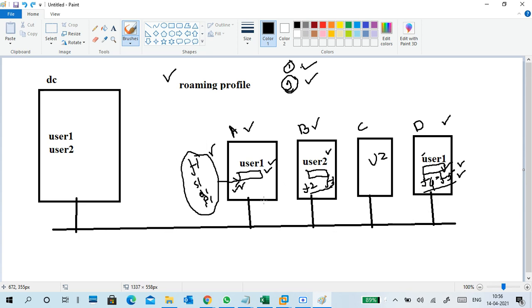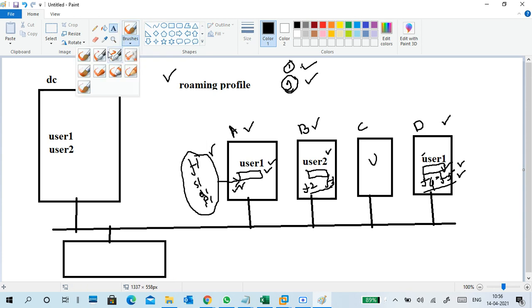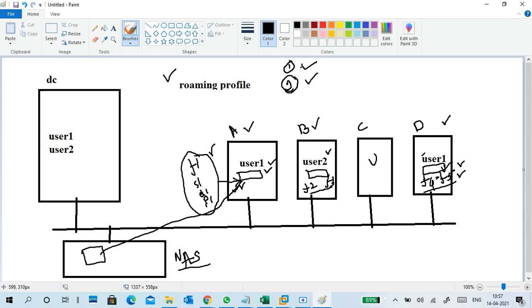So again I will go to this point. I think you understand the local profile, so we'll go to the roaming profile. What is a roaming profile? In a centralized storage, usually a NAS kind of storage. Central storage means NAS and SAN; we can call either a central storage. Here we use NAS storage. I created a folder and linked the folder to user one.